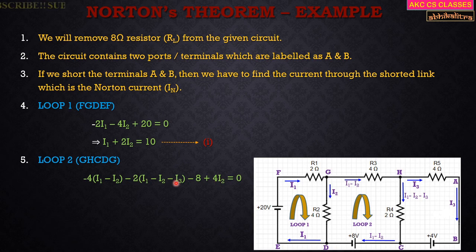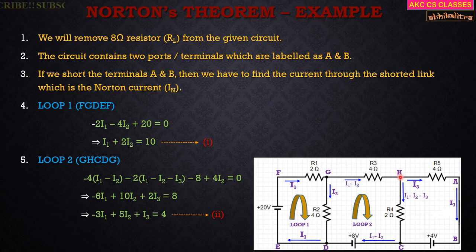And there is another variable, I3. Minus 2 into minus I3 will give you 2I3, and the single constant minus 8, if taken to the RHS, will be 8. So it should look like minus 6I1 plus 10I2 plus 2I3 equal to 8. If I take 2 common, or divide both the LHS and RHS by 2, I will obtain minus 3I1 plus 5I2 plus I3 equal to 4, which is marked as equation 2.